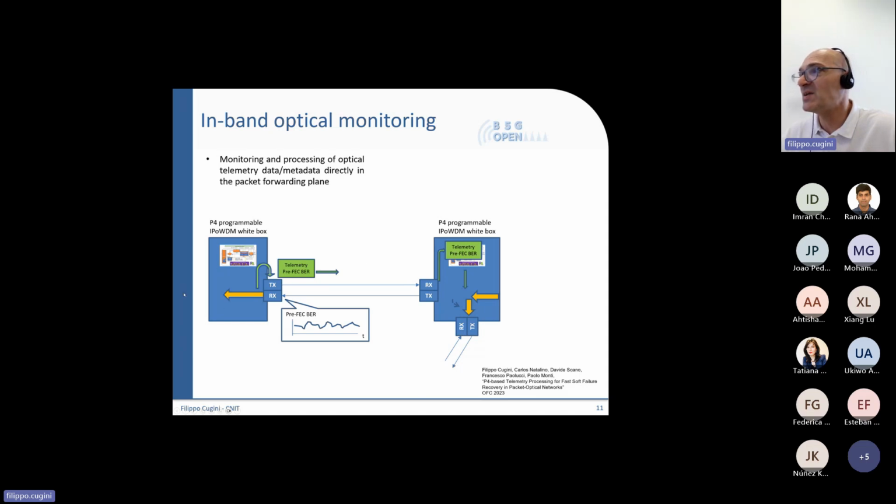So normally these operations always required intervention of the control plane, but now they can be efficiently made, particularly in case of soft failure, where it's not just a fiber cut that this node can detect by looking at the received side, but degradations of the signal, which had to go through the control plane. In this case, this can be done efficiently in the data plane and very fast. So this is an example of operations that can all be performed in-band.